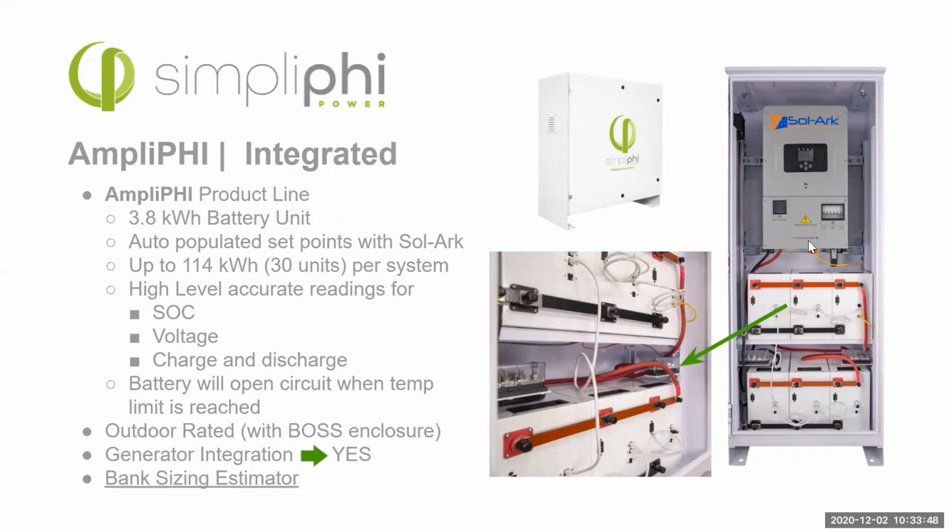So pretty straightforward. Then this over here is our BOSS cabinet. The BOSS 6 or the BOSS 12 are essentially just battery enclosures only. So here we're using essentially the BOSS 12 as a 6 battery plus inverter enclosure. But if you want more than 6 batteries in your solution, you can wire yourself an Access 12 with between 0 and 12 batteries, and then you could install your solar converter separate. Here is the BOSS 6,